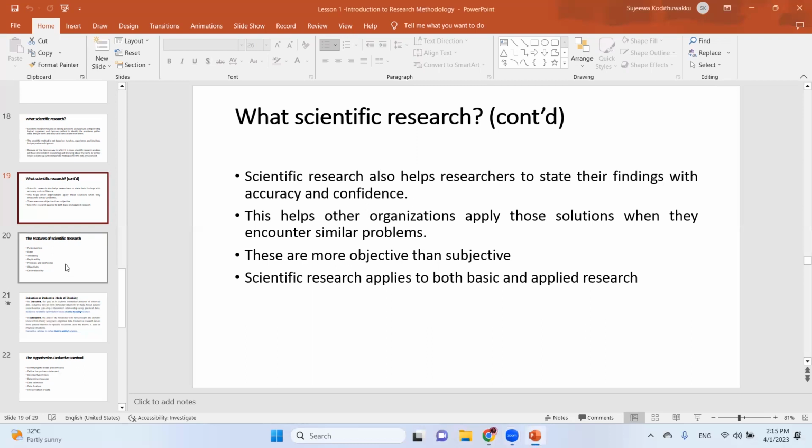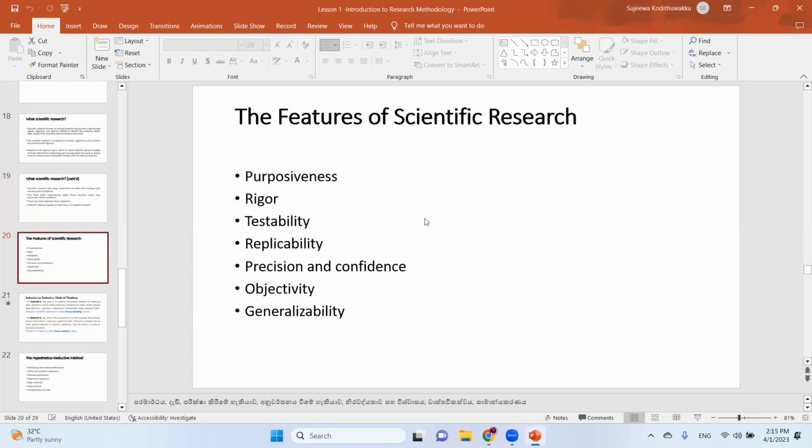Right? Okay. Then features of scientific research. Purposiveness. Now, these are characteristics of scientific research. Purposiveness, the target or the object. Definitely, you have to have an objective. If it's a scientific research, first you want to identify your research objectives, to find a solution for this, to identify